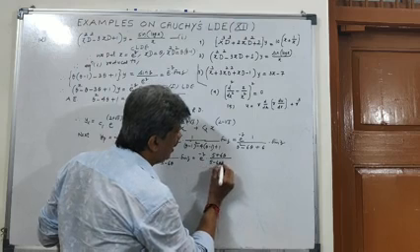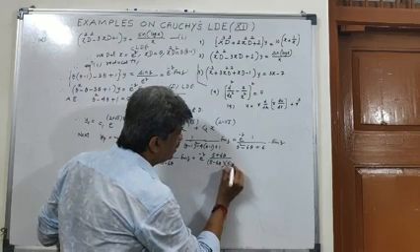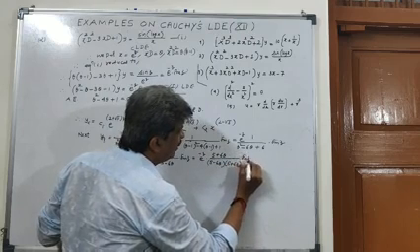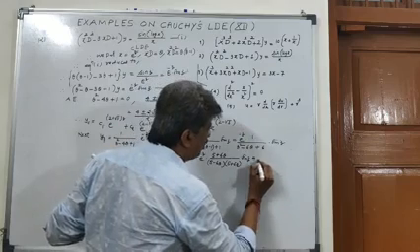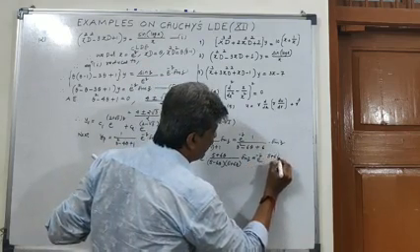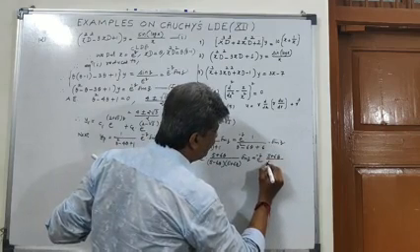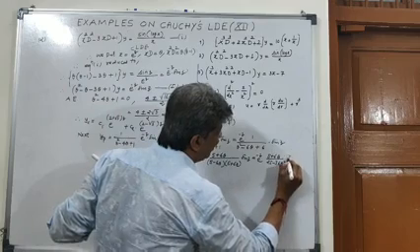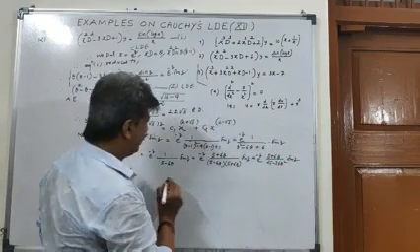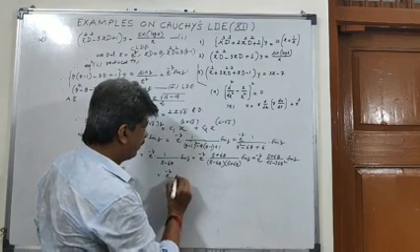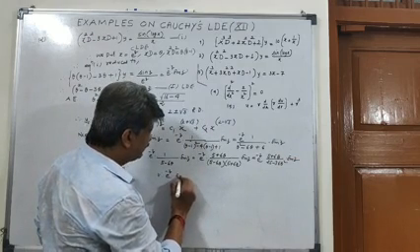5 minus 6 theta into 5 plus 6 theta sin z, which is further equal to e raised to power minus z into 5 plus 6 theta into 25 minus 36 theta square sin z. That is further equal to e raised to power minus z into 5 plus 6 theta